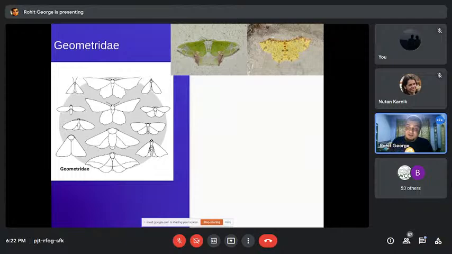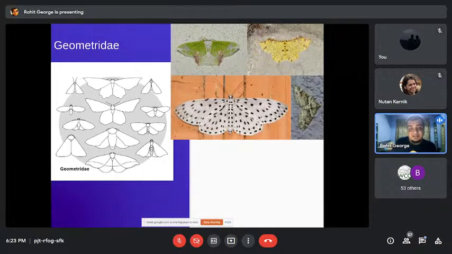The moths generally have very thin, slender bodies and broad wings, and the wings are held at rest away from the body. So these are some examples. They are normally large-sized moths, and very often they are quite colorful. From my experience, a lot of species in this family have green in them. Green is a color which I have noticed is not so common among moths. So quite often, if you see a green moth, it's quite likely that it belongs to Geometridae. But as you can see already, there are many species which aren't green also.